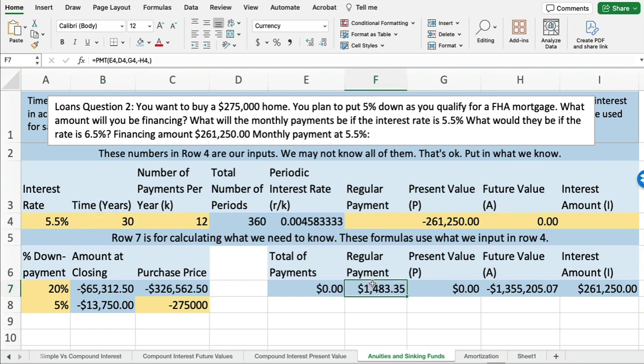As you can see, the way we use this sheet is we take something that was calculated down here in row 7 and copy it up here into F4, or we just provide that as an answer, since we don't need the future value or the interest amount in this case. So there's our regular payment down there in cell F7. Our monthly payment at 5.5% is